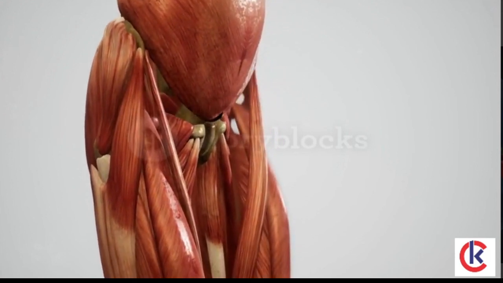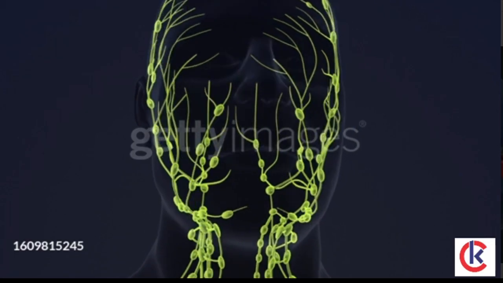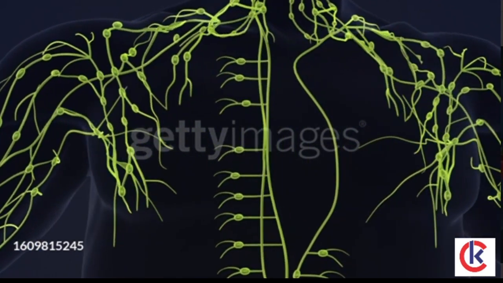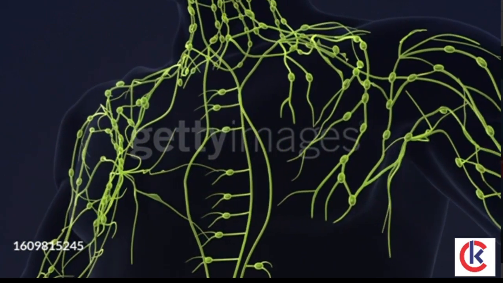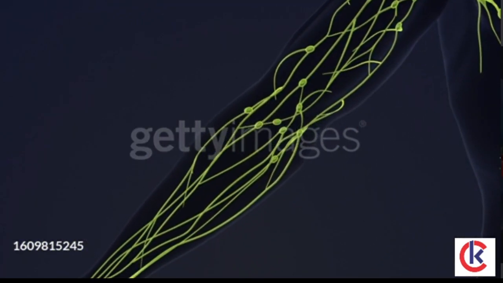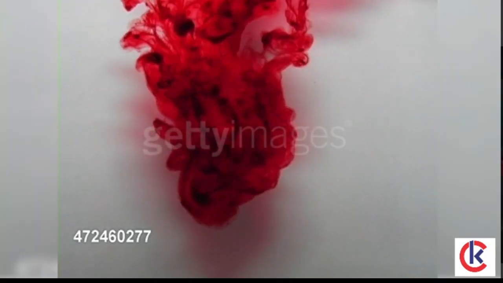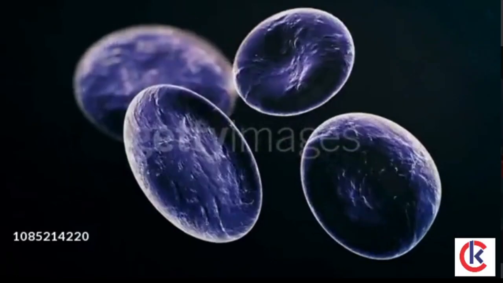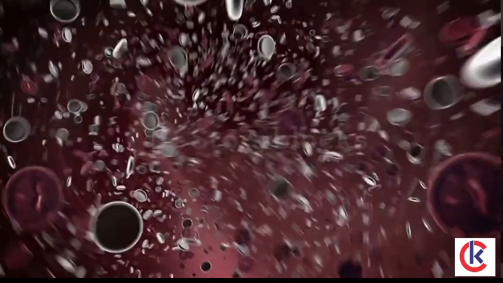blood clotting. Lymph, tissue fluid. Some water and water-soluble substances move out of the blood into the interstitial space when the blood flows through the capillaries in the tissues. This fluid is called tissue fluid or interstitial fluid or lymph. Its mineral distribution is the same as that in blood plasma. Lymph does not have RBCs and platelets. It has floating WBCs, mostly lymphocytes, which come out of the blood by diapedesis, the process by which WBCs pass